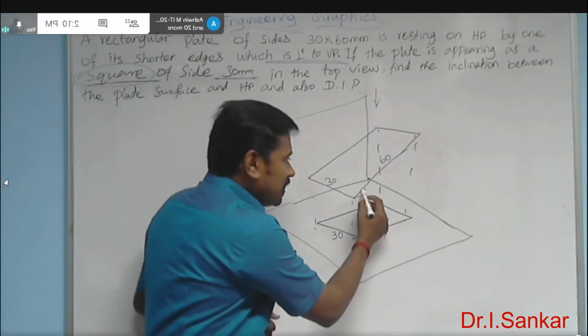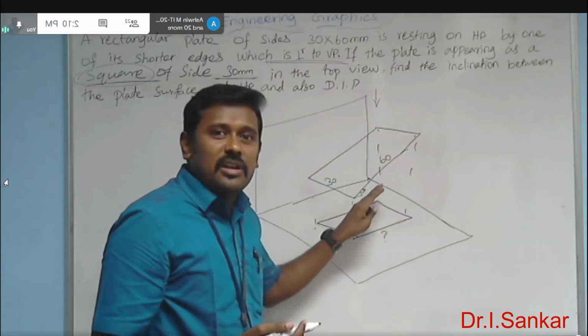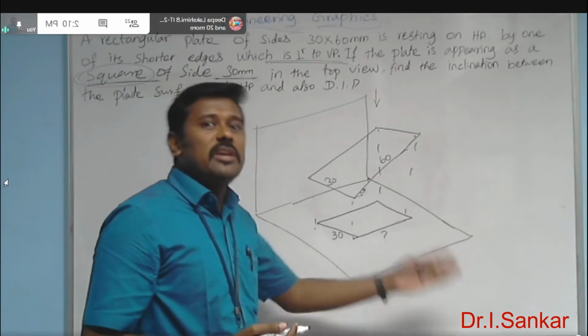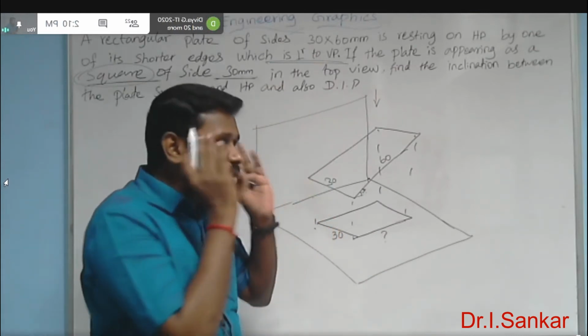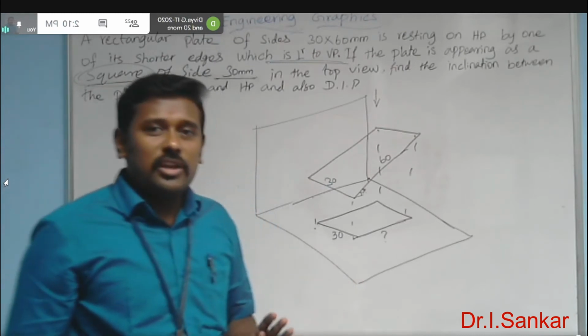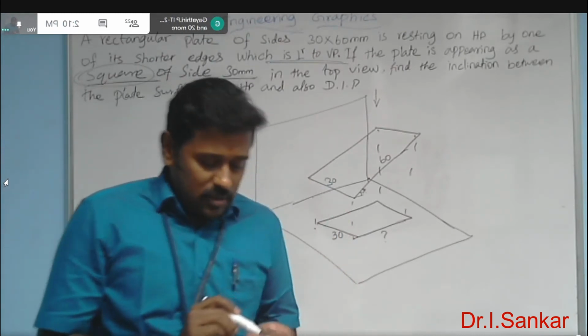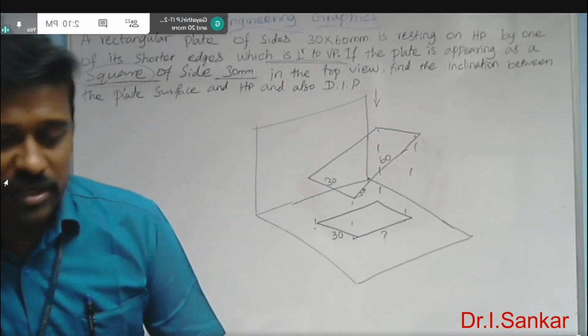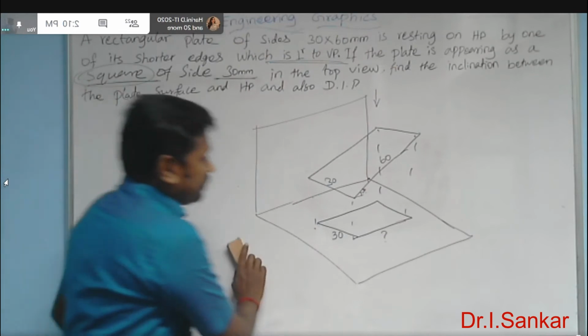If the angle of inclination is less, the reduction also less. If the angle of inclination is higher, the reduction will be higher. So this is what the concept behind this question. So keep this in mind. In this problem only, we are going to follow this concept. Let me answer this question. Stage by stage you will catch what I am saying.